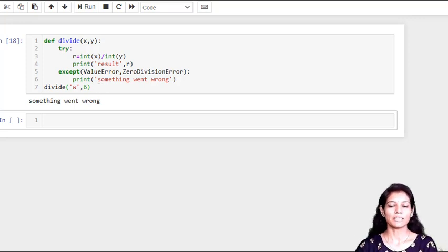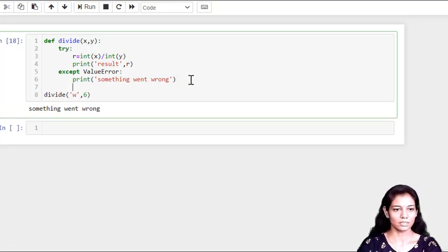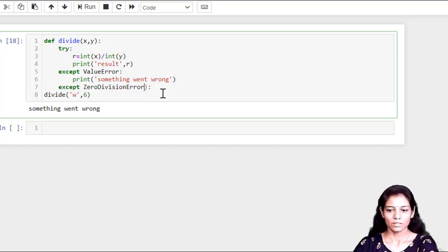If I want a separate message which indicates what sort of error it has generated, I need to have separate except blocks. So here I'll try to do that. The first except block will handle this ValueError, and I am having another except block which handles ZeroDivisionError.